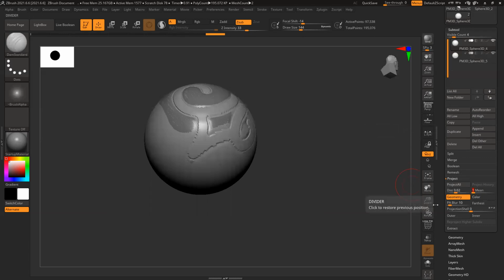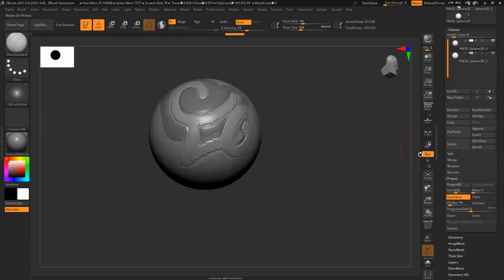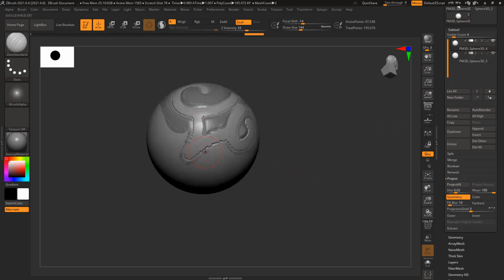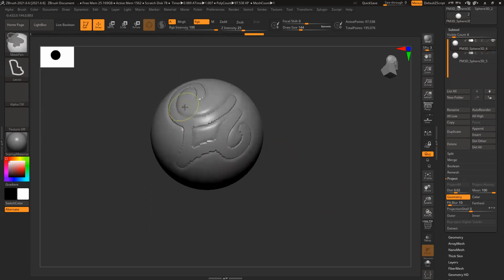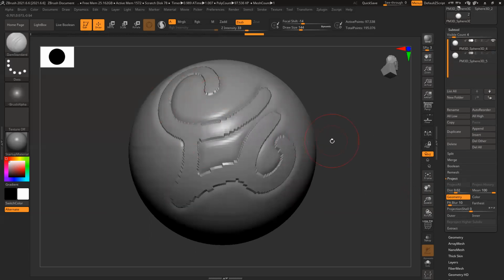Okay, let's see. I change the mean distance to 1. Still, it's doing it inverted, right? Doing it entirely the wrong way. The depth is supposed to change, but it's not changing.